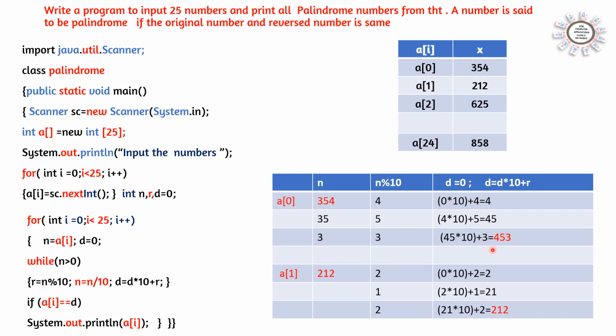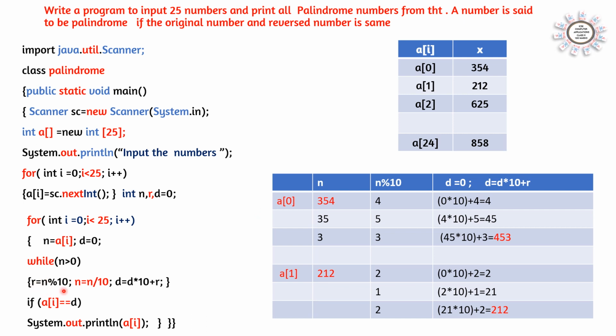So let us see how to do it. Here int i is equal to 0, i less than 25. That means i will be going a0, a1, a2 up to a24. The numbers will be taken. And n is equal to a of i. Store the number. Original number will be there. For separating digits, we have to store in another variable. Otherwise, a of i will become 0. So n is equal to a of i. Store the number. And then here first number a0 354 we have stored, and now separate the digits.